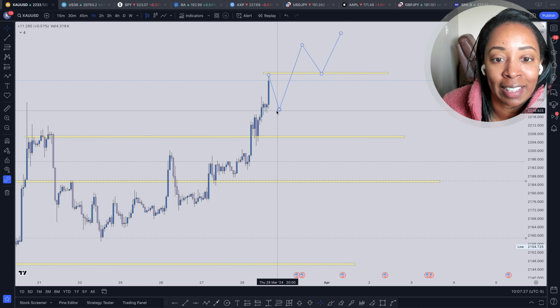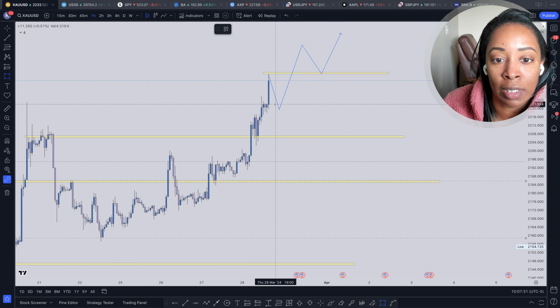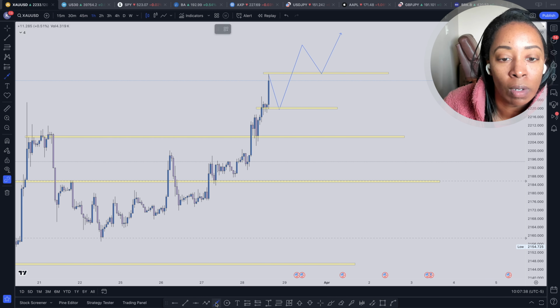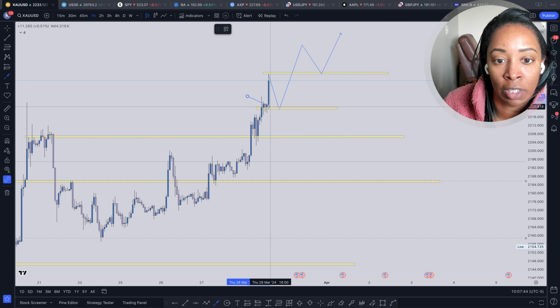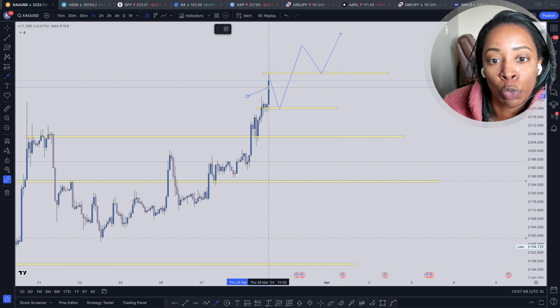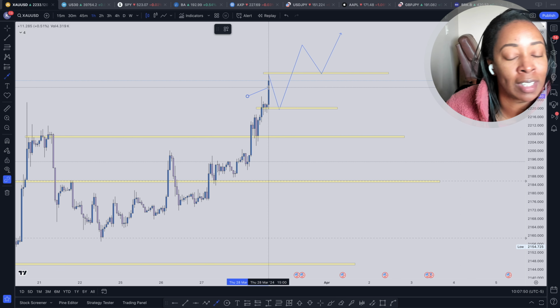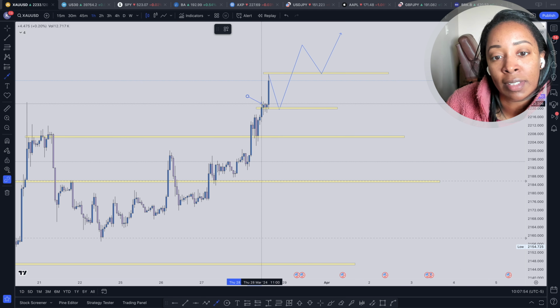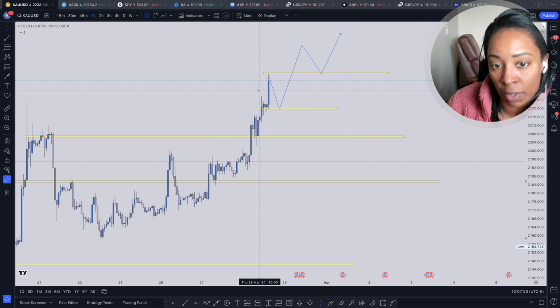The reason why I picked this level is because if we look here on the H1 time frame, we do see a small support that was created. And we also see some resistances that were created as well. So if we take a look at this, we see the support here, but then we also see 1, 2, 3 rejections here. Actually, we can count this one as well, 4 rejections. And then it made this really big candle pretty much in the last hour of the market closing. So this is definitely an area to consider.